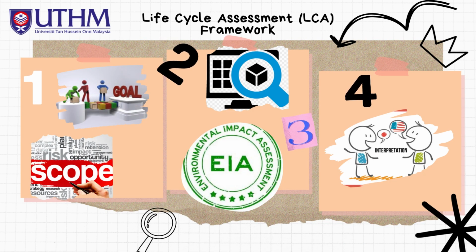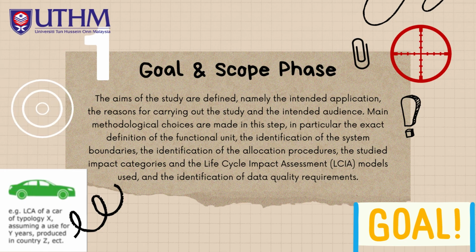The Life Cycle Assessment (LCA) framework is based on four main phases: 1. Goal and scope, 2. Inventory analysis, 3. Impact assessment, 4. Interpretation. The first phase is the goal and scope phase. In this phase,